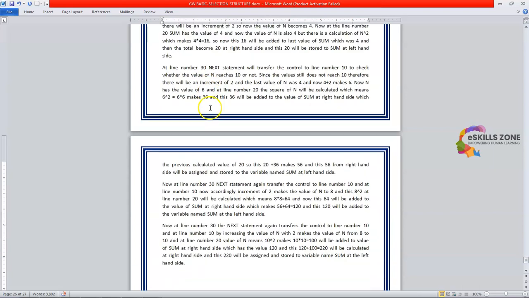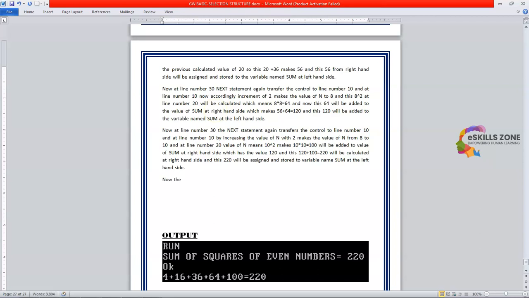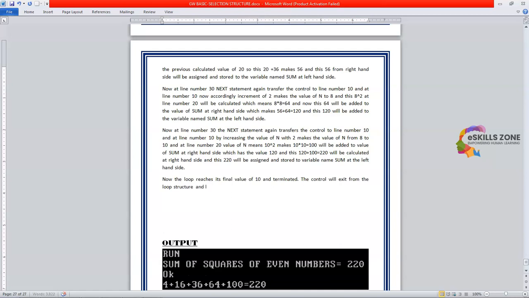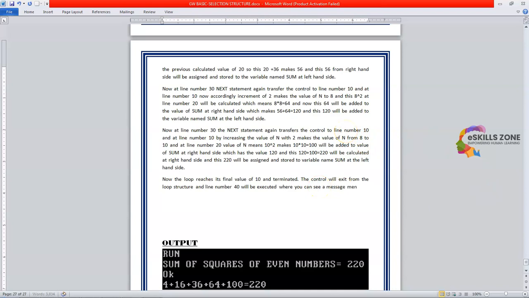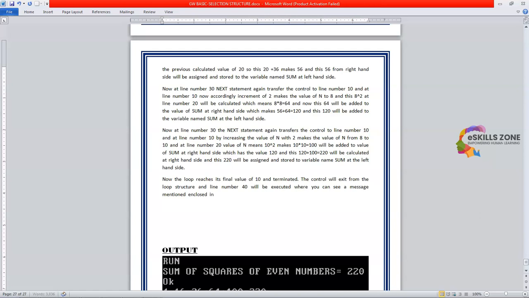At line number 40, you can see now the loop reaches its final value of 10, and the control will exit from the loop structure, and line number 40 will be executed, where you can see a message, sum of squares of even numbers, mentioned enclosed in double quotes